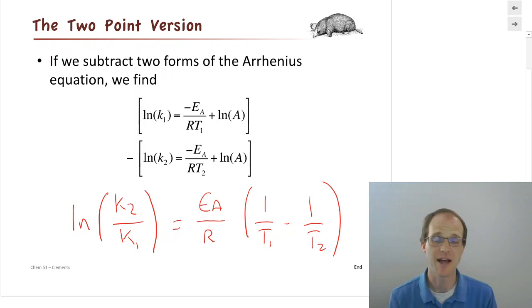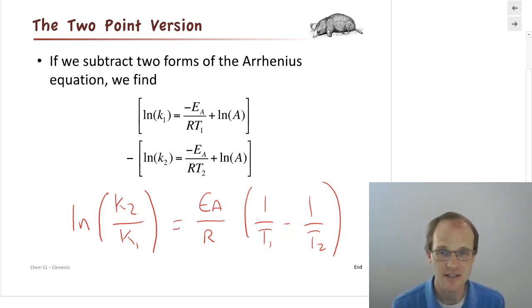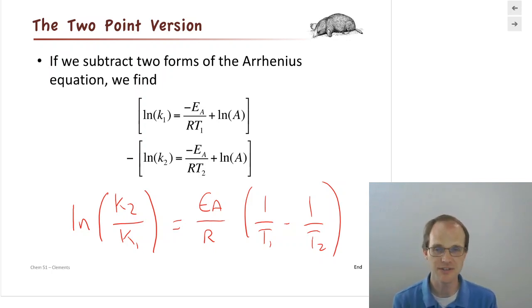You could also just plot those 2 points and take the slope, and you'd get the same thing. If you go onto the internet, you might find a bunch of different forms of this equation. One has K1 over K2, one has 1 over T2 minus 1 over T1, because all of those things are just negatives of each other. So you just have to pay careful attention to the negatives and the order of things.